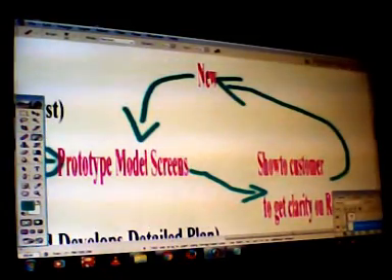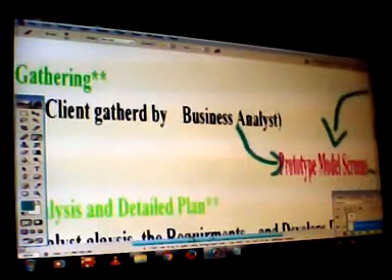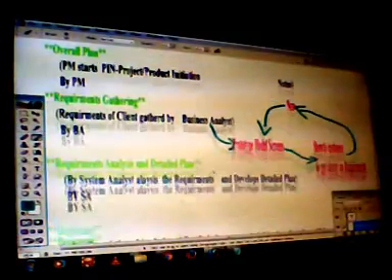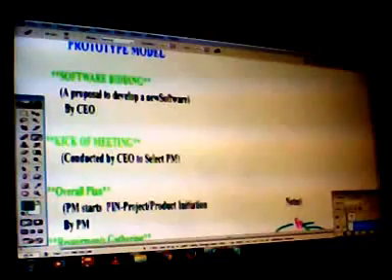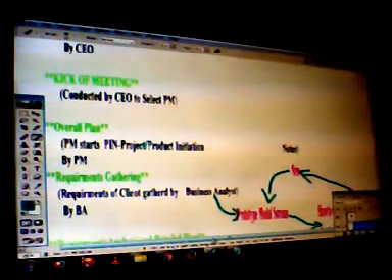Like this the cycle goes on. He develops the model screens, the customer checks them, and based on those model screens he gets clarity. Based on that, the build is developed. This is how the process is involved here.